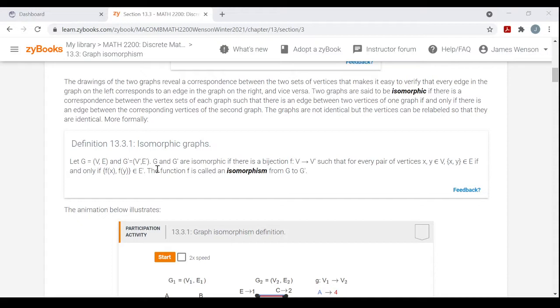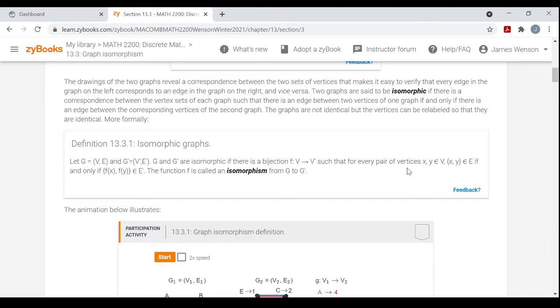So G and G prime are isomorphic if there is a bijection, and remember, a bijection is a function that's both one-to-one and onto, a one-to-one correspondence. So if you can find a bijection from the vertex set of G to the vertex set of G prime,